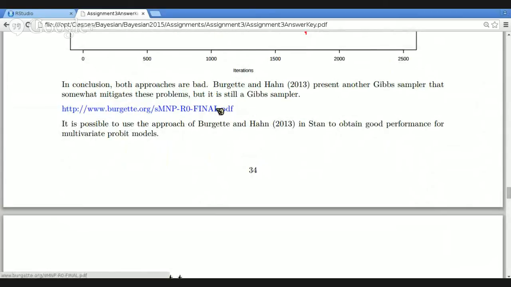There's actually a third Gibbs sampler that has been proposed recently by these two guys, Burgett and Hahn, that overcomes some of the problems in the two Gibbs samplers that we saw here. But it's still a Gibbs sampler, and it still has the problem that the conditional variance can be a lot smaller than the marginal variance, so it takes a lot of iterations for it to mix well. But you can build upon these ideas in Burgett and Hahn to estimate a model in Stan that has pretty